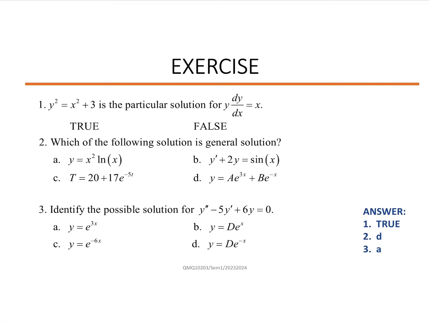So you can do this exercise and find the answer in the given